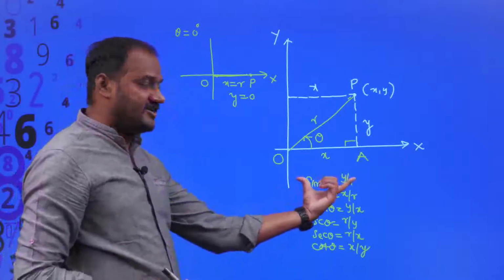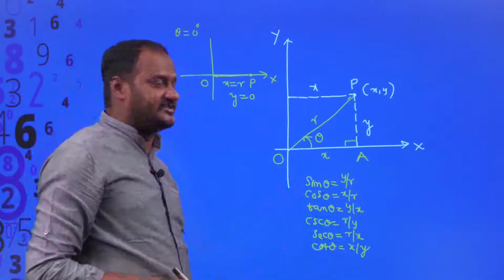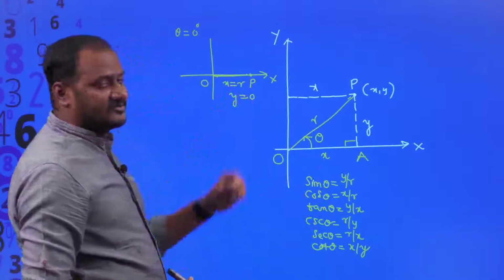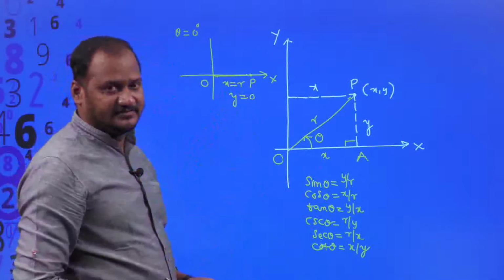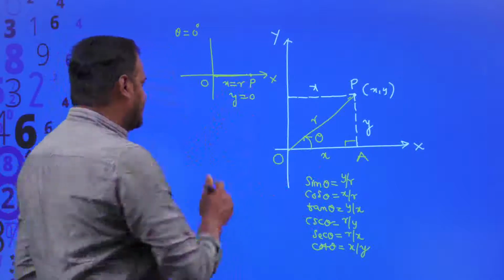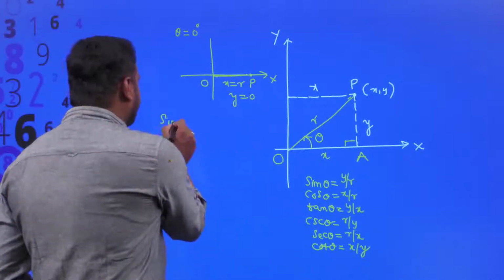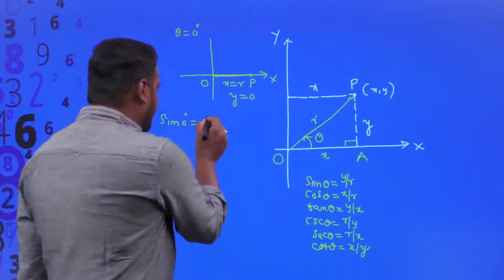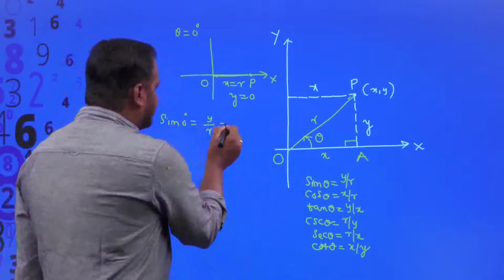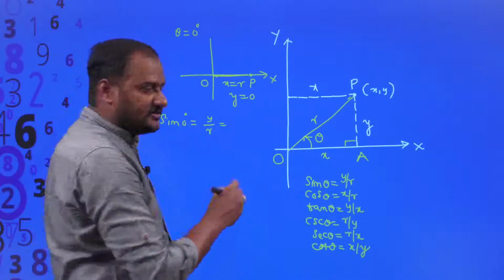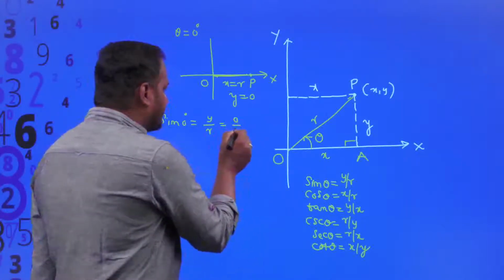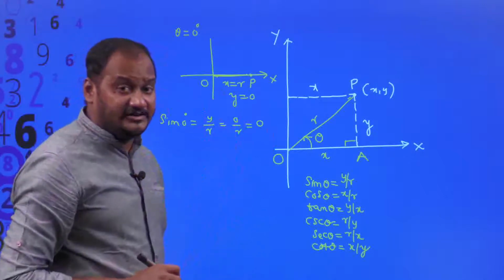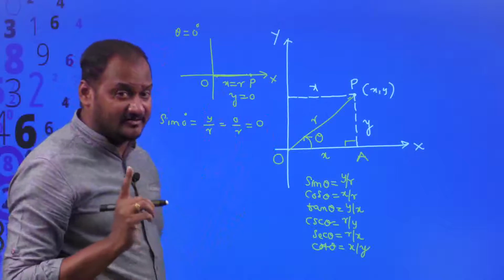Yes, obviously we can find out the values of all trigonometric ratios for theta equal to 0 degrees, where the value of x is equal to R and y is equal to 0. Shall we start finding the values? Right. First of all, sine 0 degrees, where theta is 0 degrees, is y divided by R. What is the value of y here? y is equal to 0, so 0 divided by R is equal to 0. Therefore, the value of sine 0 degrees is equal to 0.